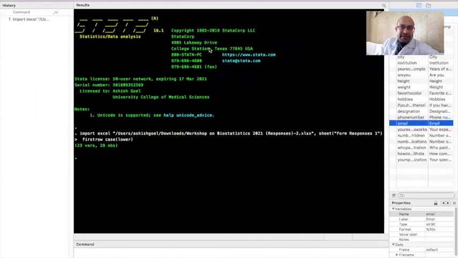Let me close the data, and the other icon here is the log file: how to open a log file, to begin a log, to append a log, and view a log. We will talk about it in another video. This is also the viewer, where a new viewer could be opened if you want to. Here is also the graph icon and a do file editor. We will talk more about the do file editor in another video, and you should definitely watch the do file editor video if you have not yet watched it.